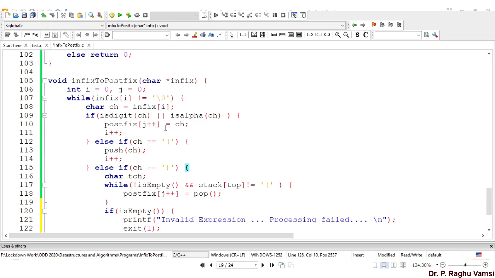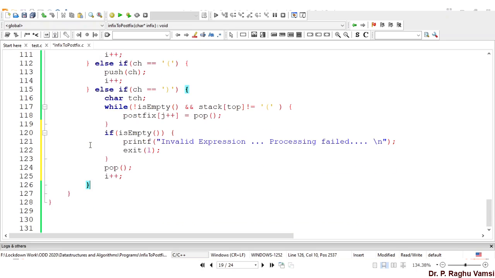So far we have seen whether it is an alphabet or digit, whether it is open bracket or closed bracket. Now we'll see whether it is an operator or not. Else if is operator of ch.